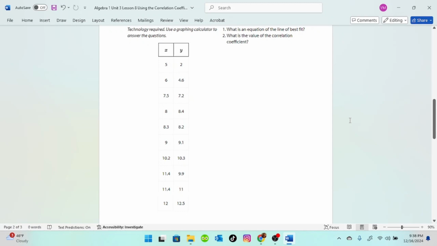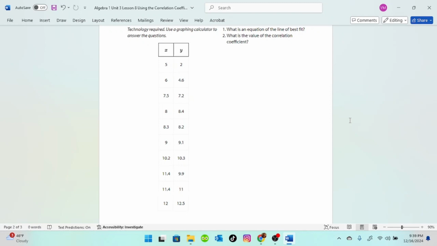Our next practice problem says technology required. Use a graphing calculator to answer the questions. Question number 1 asks, what is an equation of the line of best fit? And question number 2 asks, what is the value of the correlation coefficient? So,